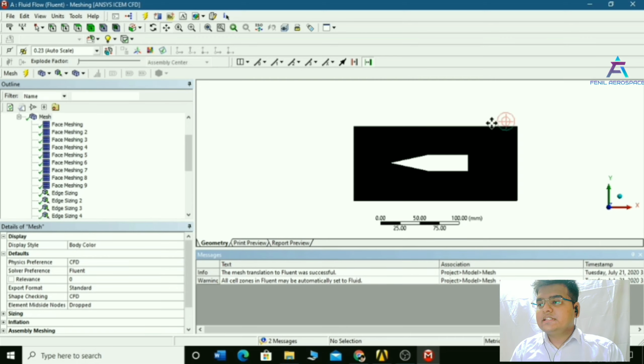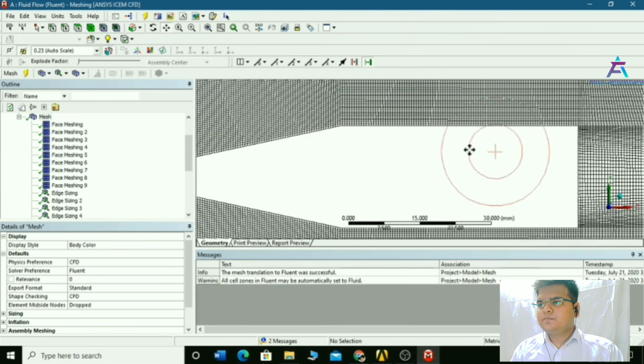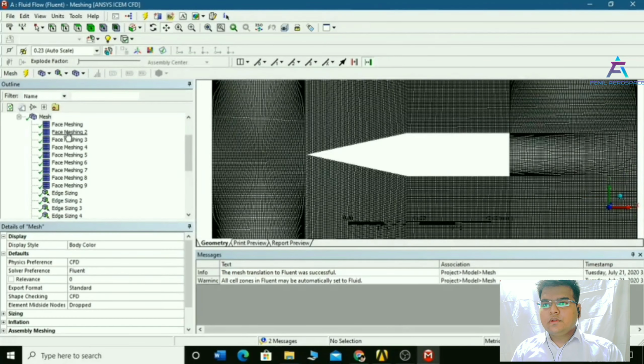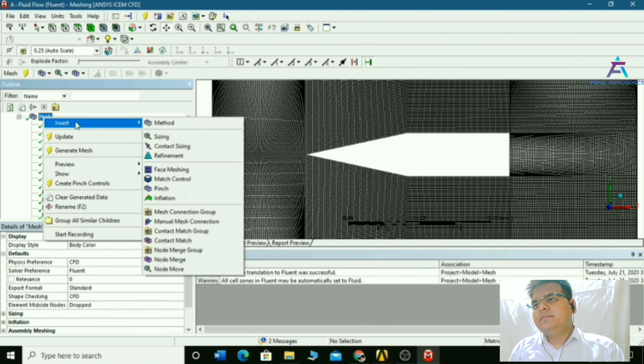You can see here our mesh is very good. Now right click on mesh, go in insert and apply the refinement feature.